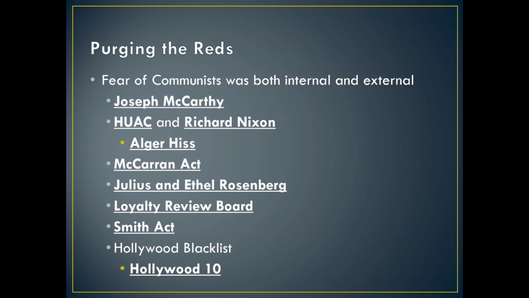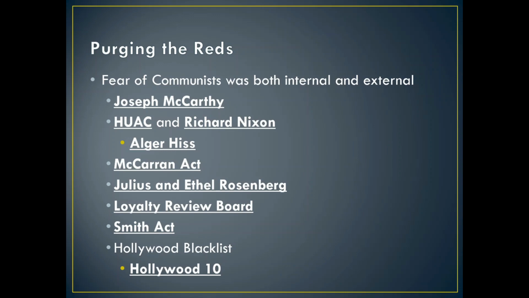One of the big people that Richard Nixon accuses was Alger Hiss. Alger Hiss was a member of the State Department. He went to Yalta. He was a disciple under FDR, very well known in liberal circles. He's going to be accused by one of his former acquaintances, Whittaker Chambers, of being a communist spy. At first, the media and everybody contradicts this and says there's no way Alger Hiss is a communist. This is a witch hunt. This is ridiculous. Nixon's going to defend Whittaker Chambers.